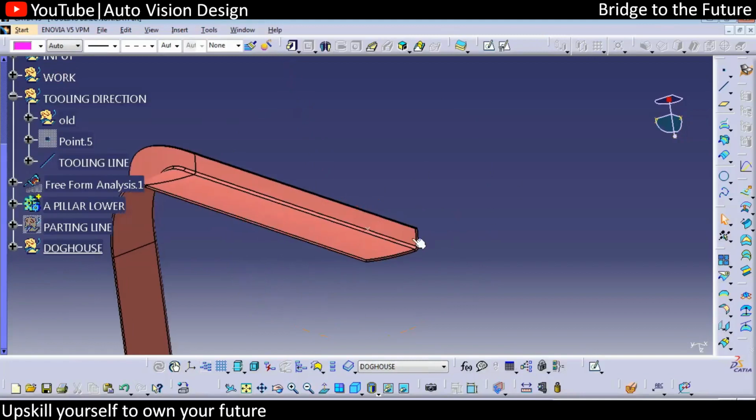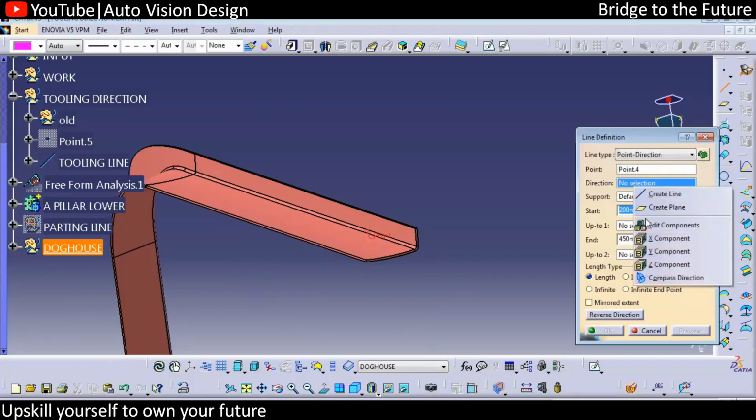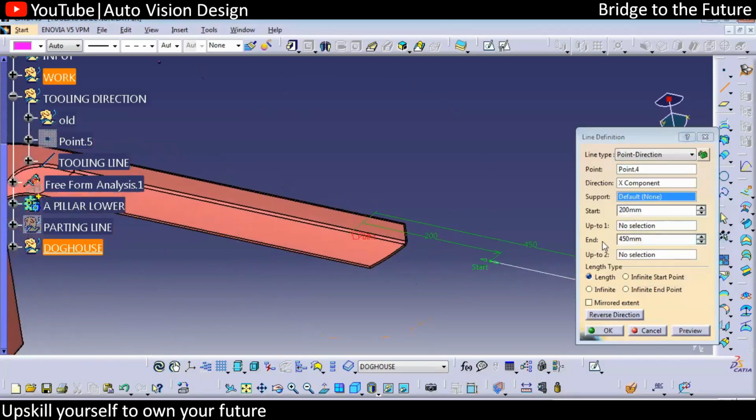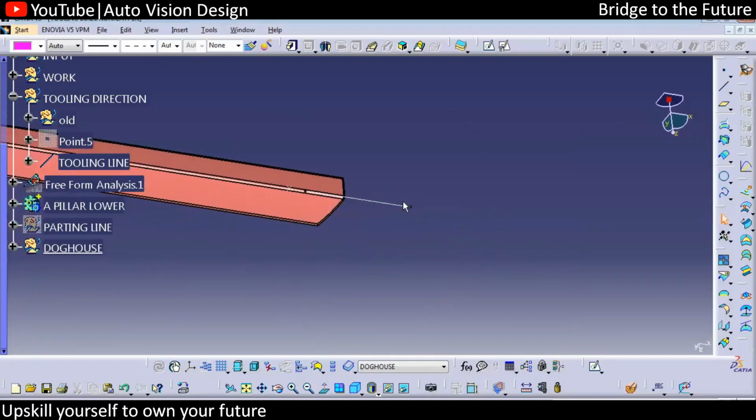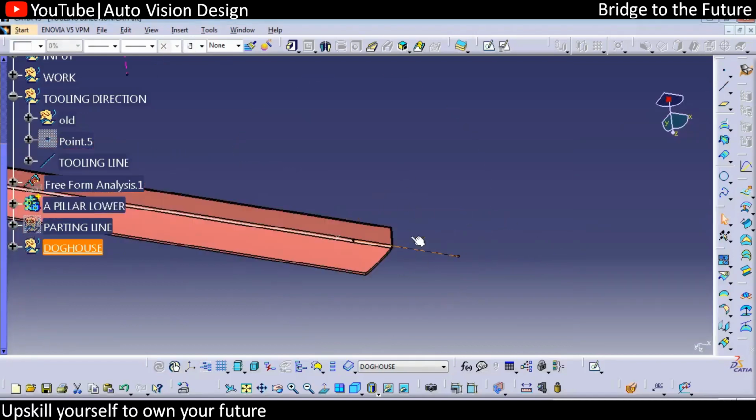Okay, so here we need to create the lifter. Lifter will most probably be in the x direction, but that is not sure. We get it in x, so we can create a line over here in x. So just make it as close as possible. Okay, so this is the direction we have, x, but this might get changed in a rotation.